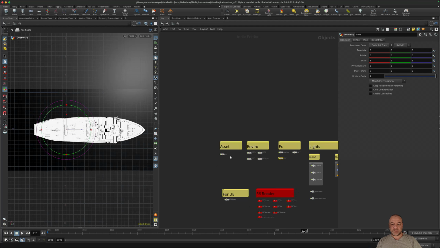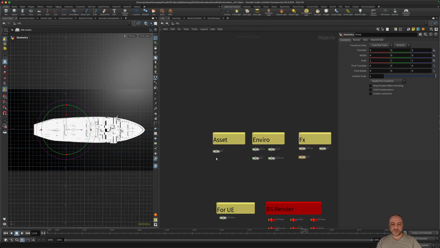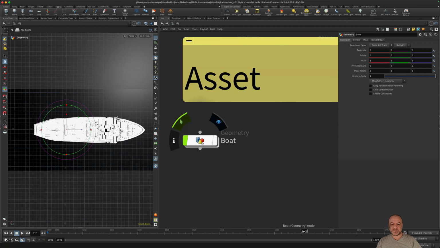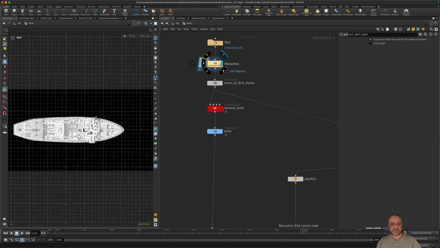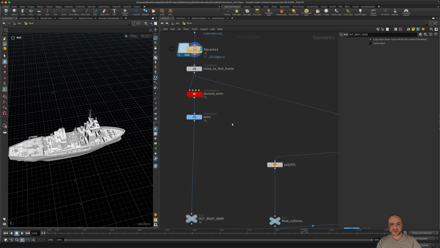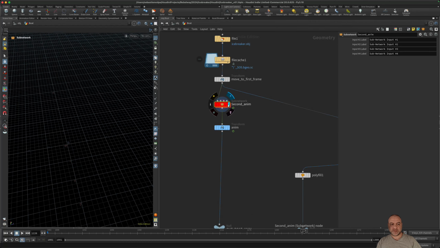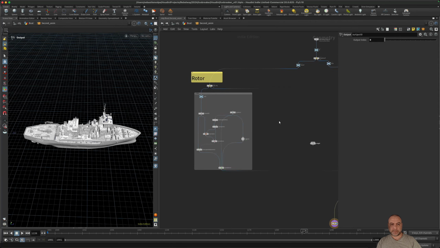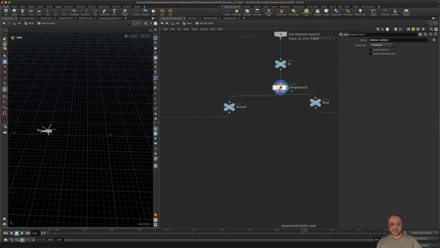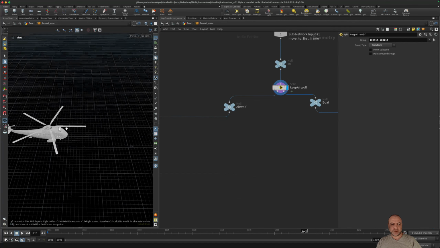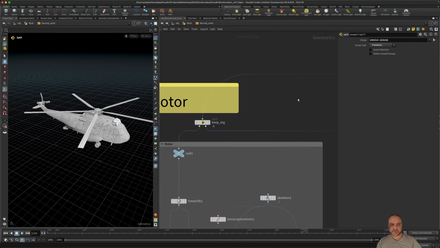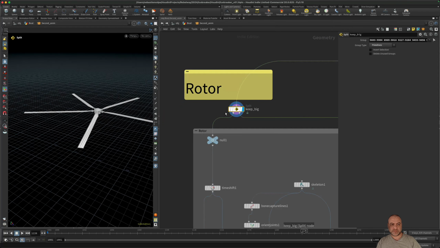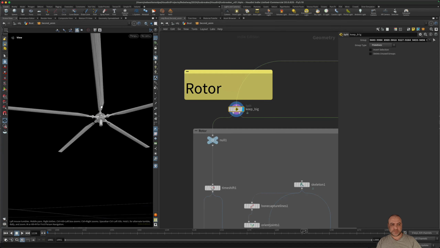And for the last FX, no FX, but animation, the boat. Here we get the boat. I split the boat and the Airwolf. I keep only the rotor.